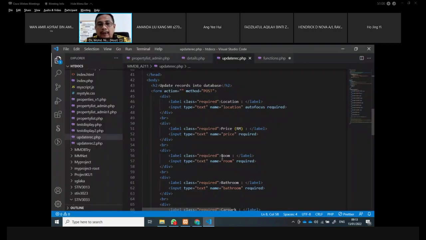So what we have to do is that all the input over here should have the field where we are going to get the query from the database. What I mean is that over here, for the input part,